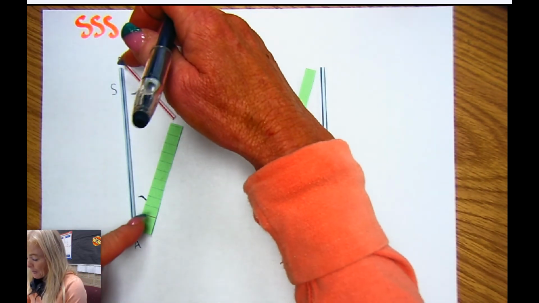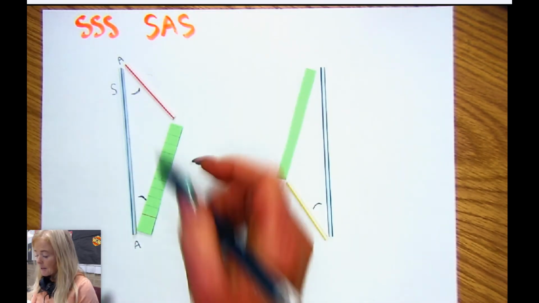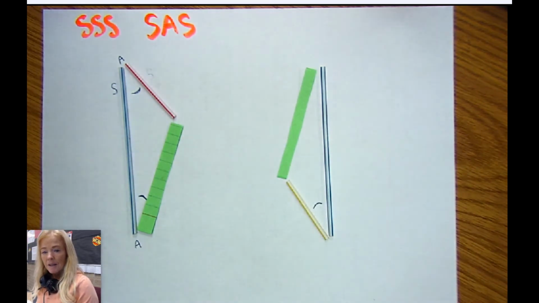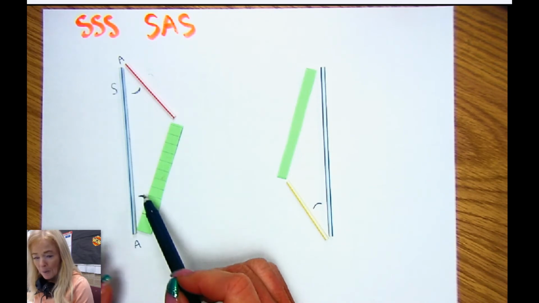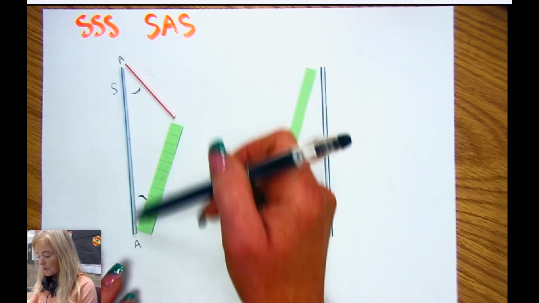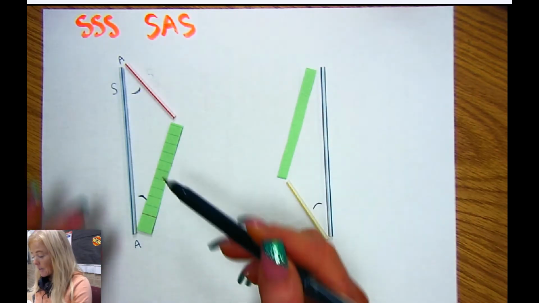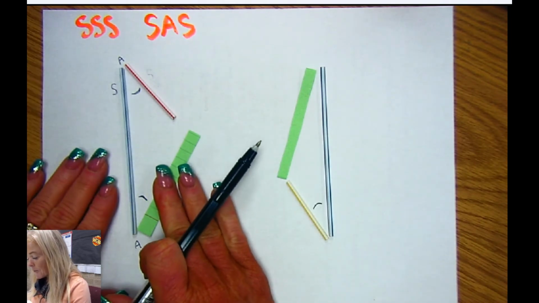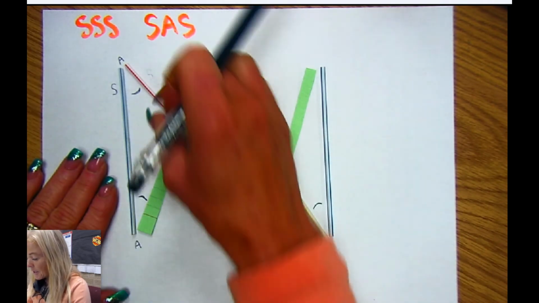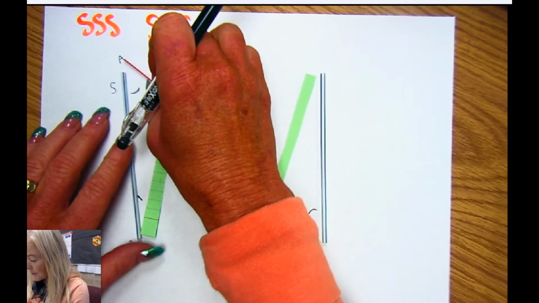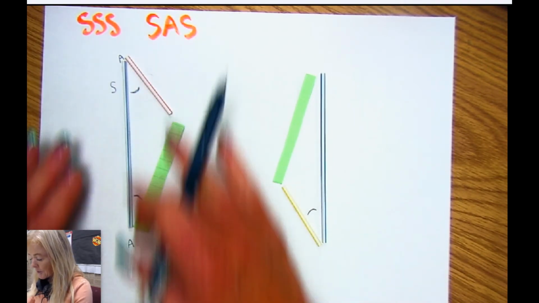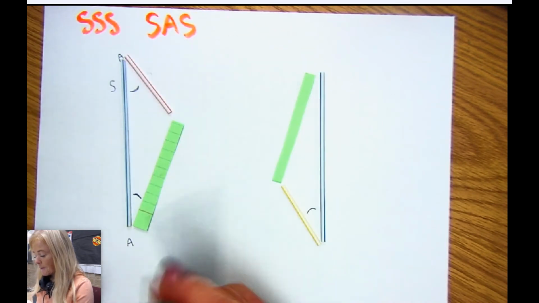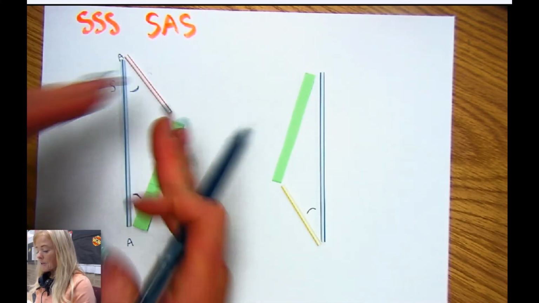I mean, they're going to come together and they're going to meet at that point right there, and that's going to finish off the triangle no matter what, because this side measure is set and these 2 angles are set. I can't move this angle to anything different, and I can't change this angle to anything different. So I have to have a side measure and 2 angles where my 2 sides are going to come together